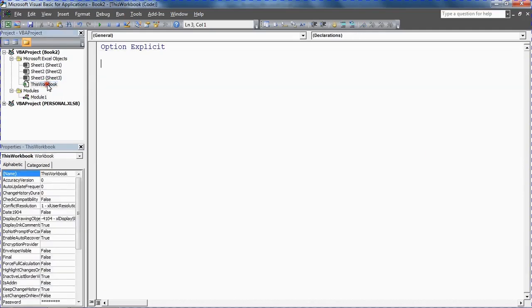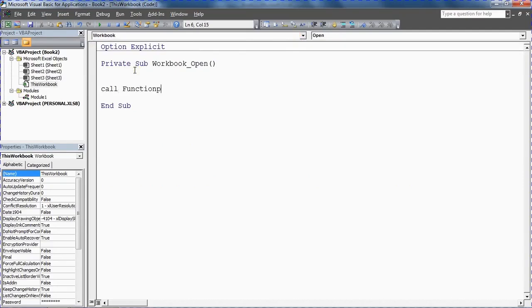I'm going to double click on this workbook object as before, and kick up the workbook open event procedure, and I'm going to call that macro. So I'm going to call documentation. I remember what it's called. Call function documentation. And one of the reasons I'm going this way is because when we use an add-in, when